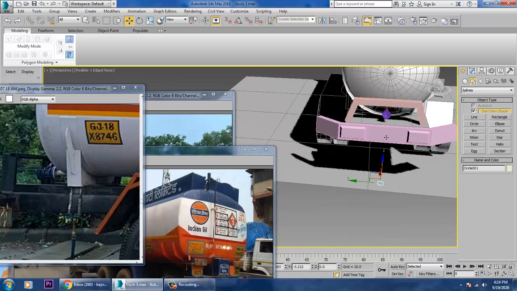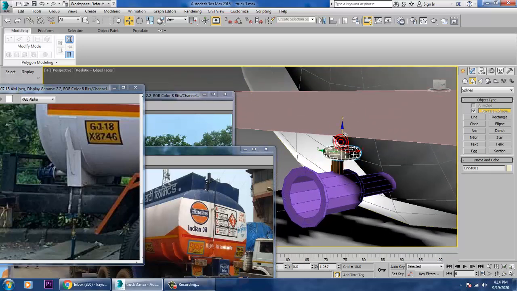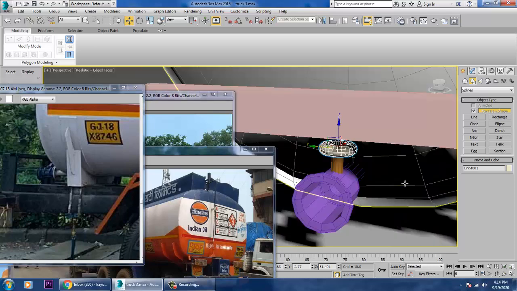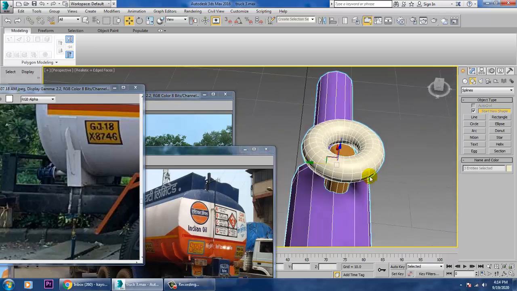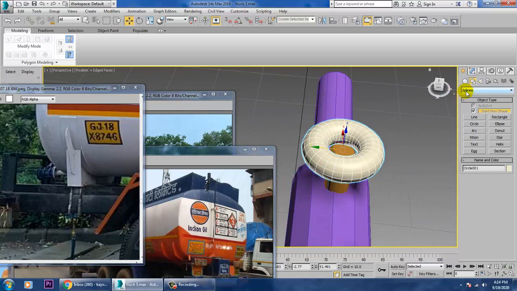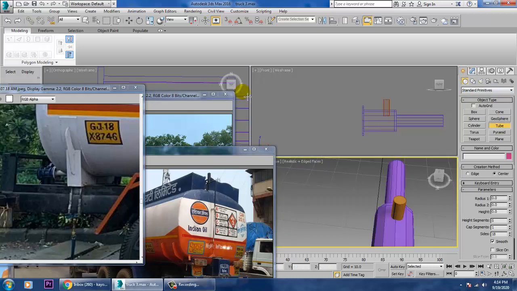Just push on top of it, take a circle, just drag it over here, isolate selection.